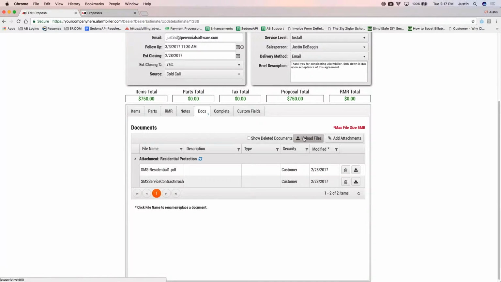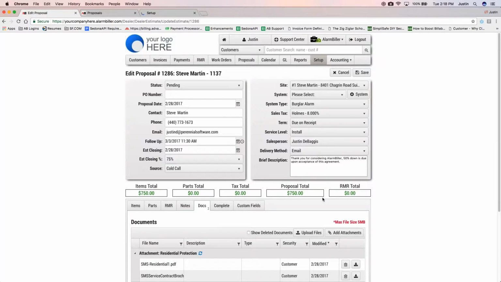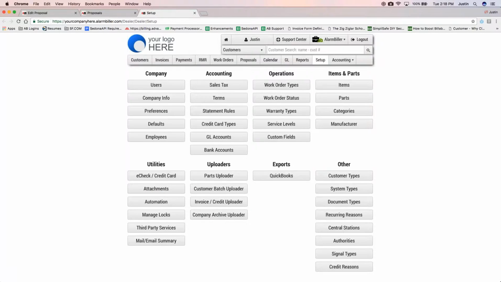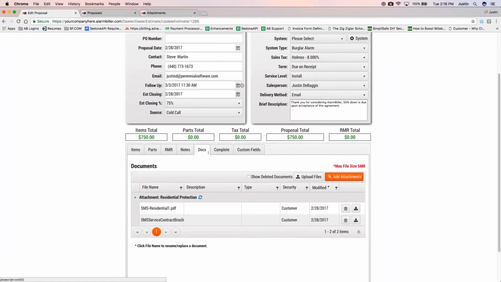Documents. You can upload documents, so if this is a brochure, contract, attachments, anything you want to add on to here, you can upload files, or you can add what are called attachments. Attachments are pre-defined and created within the system. So if you go into your setup and click on attachments, an attachment could have multiple documents added to it. So if I come back to this proposal really quick,